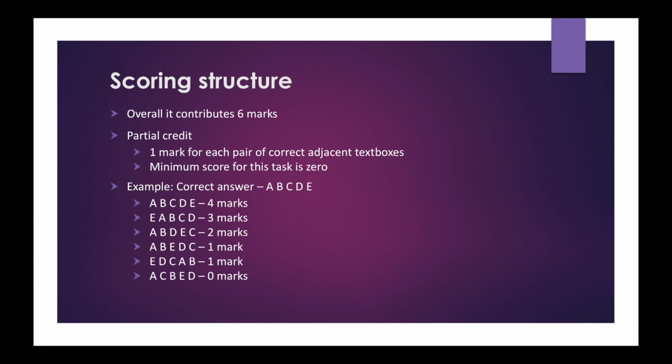You will not get marks based on the correct position of each sentence, but only based on the correct pair. For this order, you will get 0 marks as there is no correct pair. Here you can see that A is in the correct position, but you won't get a mark for this. Only if there is a correct pair, you will get a mark.